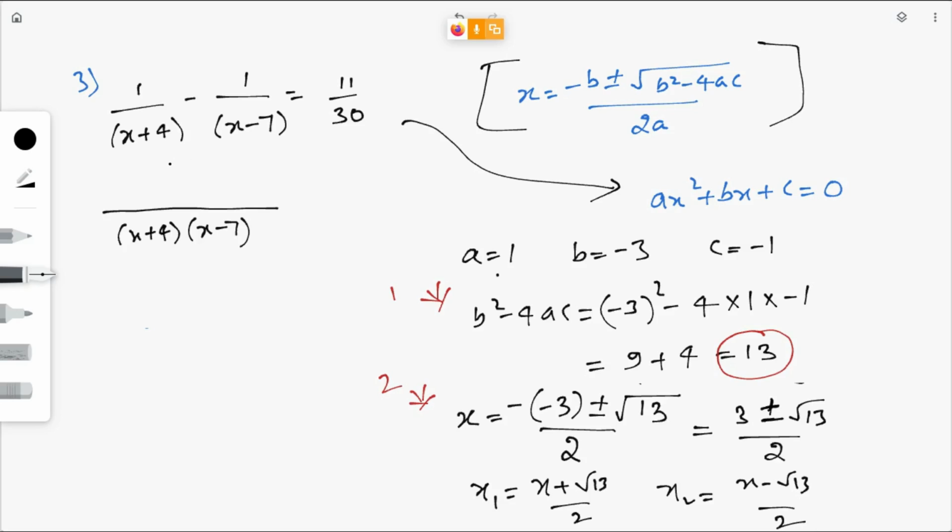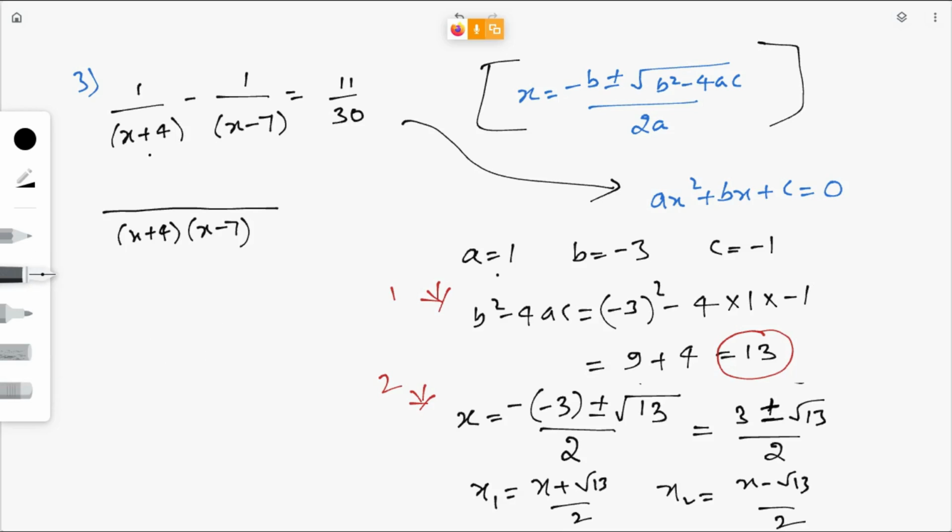Whenever you find algebraic expressions in the denominator, to find the LCM, just multiply those two, or find the product of those two. For example, these two are just like co-prime numbers. If I ask you to solve 1 by 2 minus 1 by 3, what will you take as the LCM? You multiply these two, right? 2 into 3. You take the product of these two. Similarly, here also to find the LCM, just multiply these two.